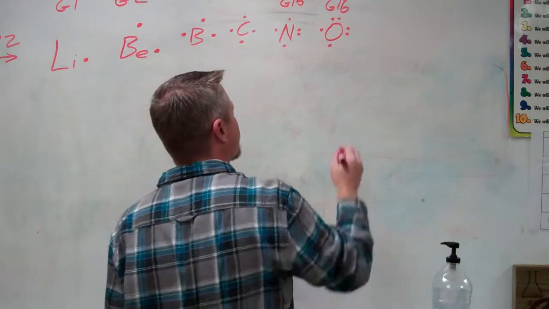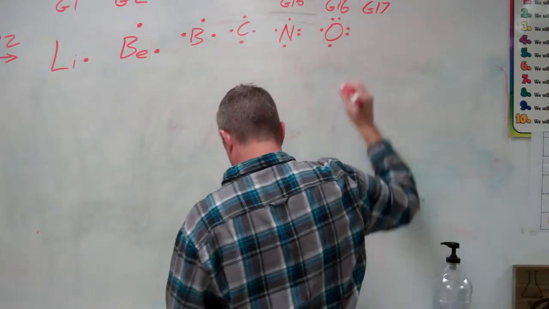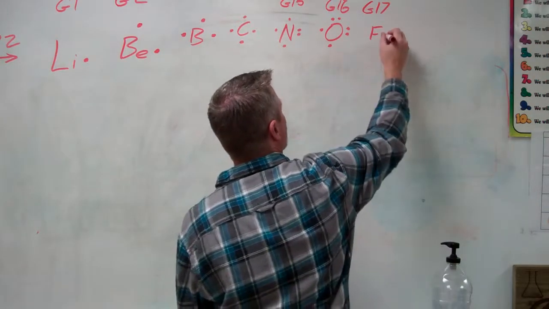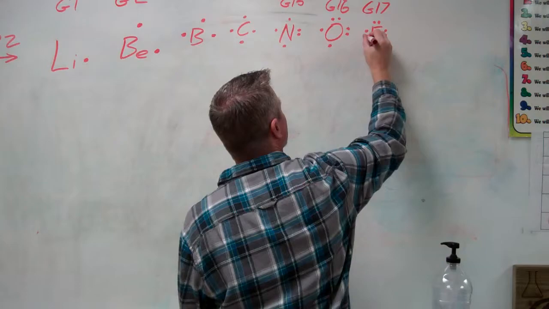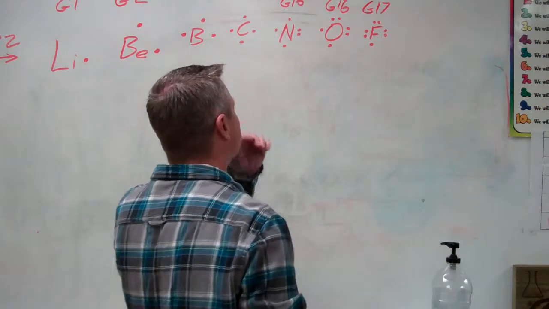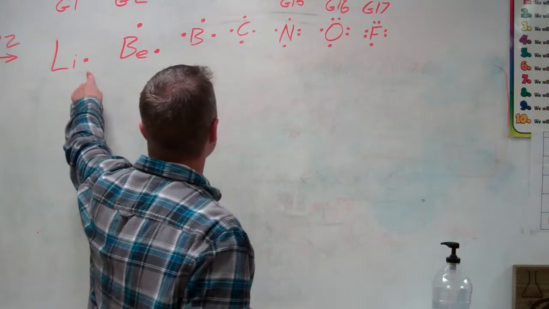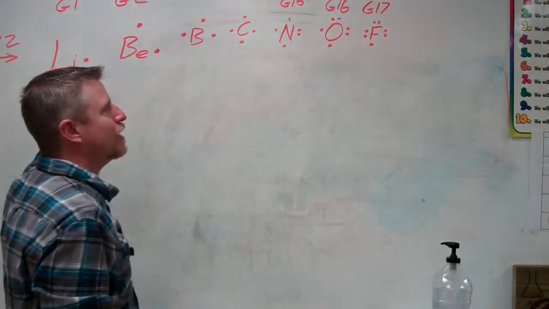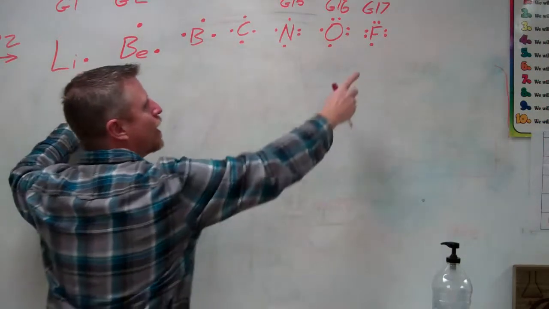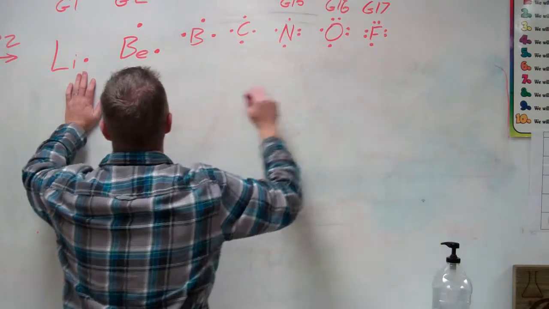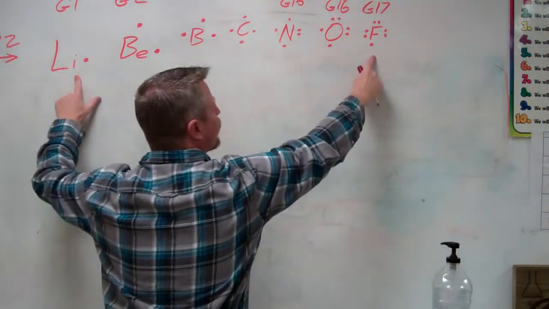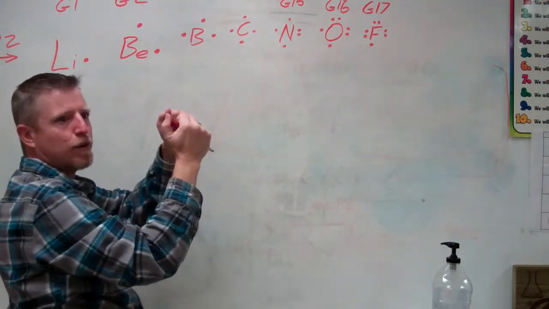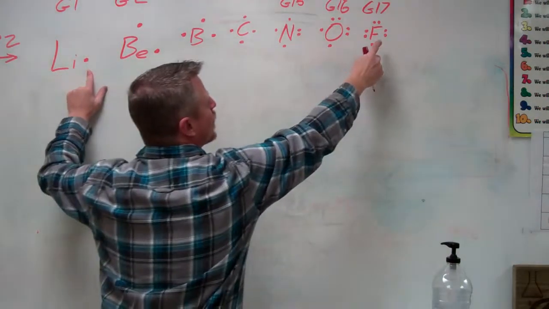Okay? Then we have group 17. And we have fluorine. How many is it going to have? 7. So 1, 2, 3, 4, 5, 6, and 7. Okay, before we move to group 18, check this out. Lithium has 1. Fluorine has 7. Well, he would like to have how many in his outer ring? 8. If he could have 8, he'd be really, really stable. So if lithium way over here can give to fluorine, he can give away his 1 electron over here, and these guys will form a bond. It's called an ionic bond, where this electron is given away to fluorine.